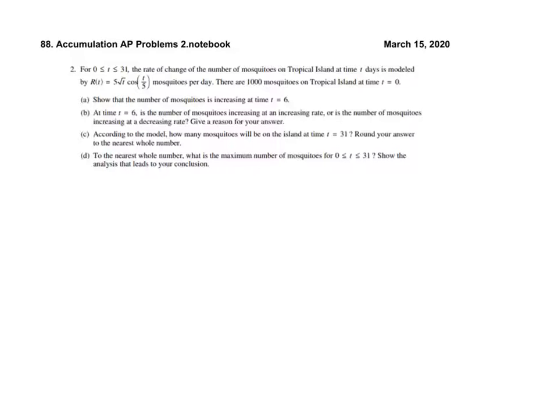Pause the video. Again, try it on your own. Hopefully I don't mess this one up. All right. For 0 to 31, the rate of change of the number of mosquitoes on a tropical island is modeled by. So this is